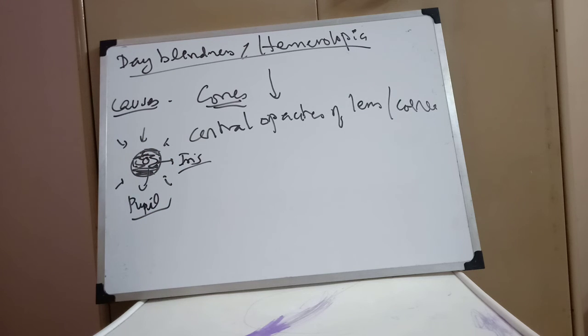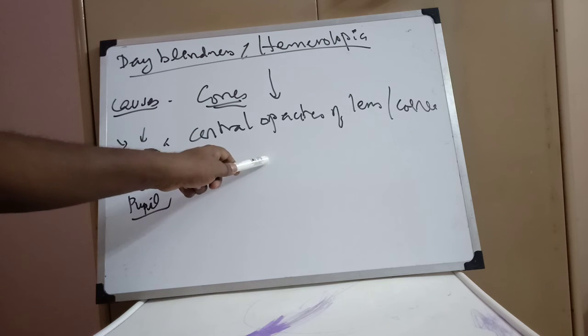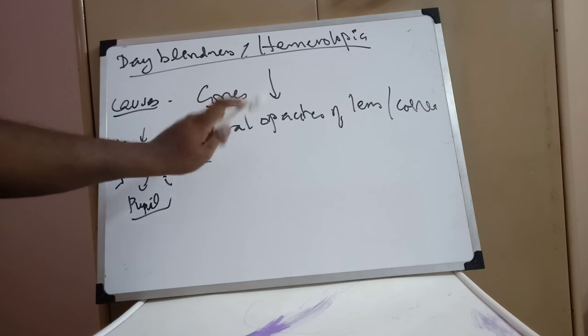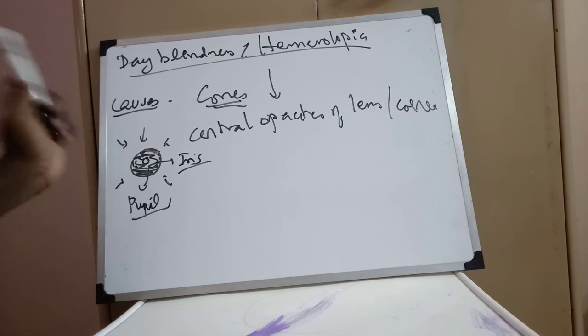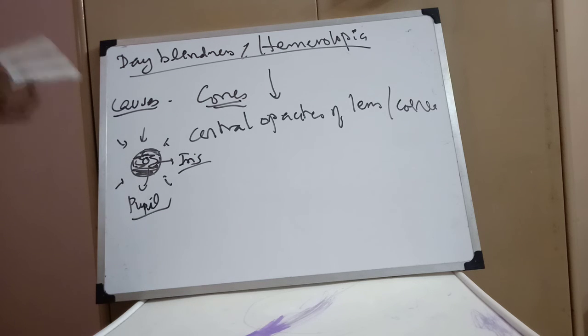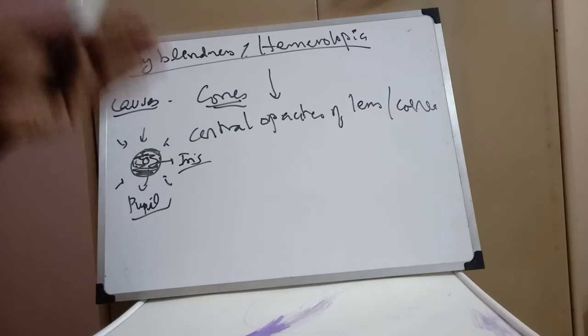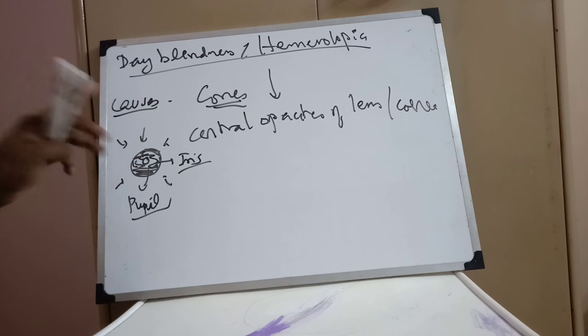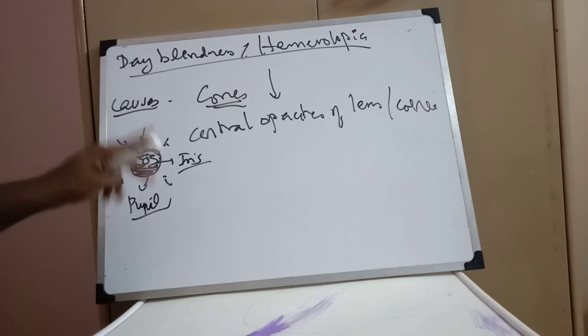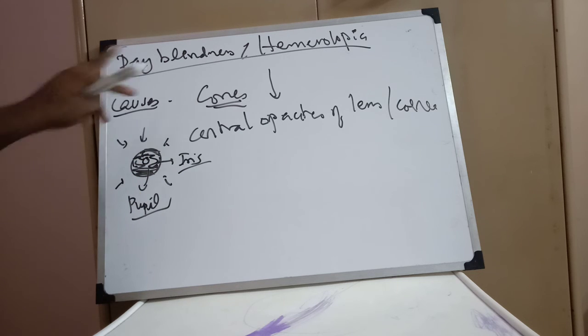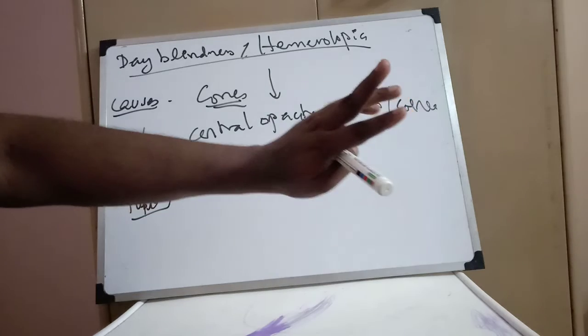When a smaller pupil is formed, the amount of light rays going into the eye is restricted to the central axis of the eye. But with central opacity of the lens and cornea, there is an opacity present along the central axis, which means whatever light passes along the central axis cannot hit the retina. The central opacity obstructs the passage of light. So since only that much light passes through the eye, there is going to be diminution of vision. That is in central opacity of the lens and cornea. Do you understand?